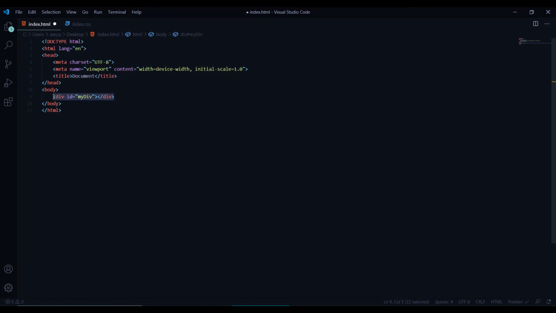You can also have multiple classes such as div dot container, and then if you want to add another class to it, you just type another dot and the next class name, let's say box. So it will give you a div with two classes, container and box, like this. You can also have an ID included, like hashtag my div. So as you can see, we have two dots. That means the div will have two classes, container and box, and we have an ID my div. So this will generate this kind of an element. So how cool it is, right?